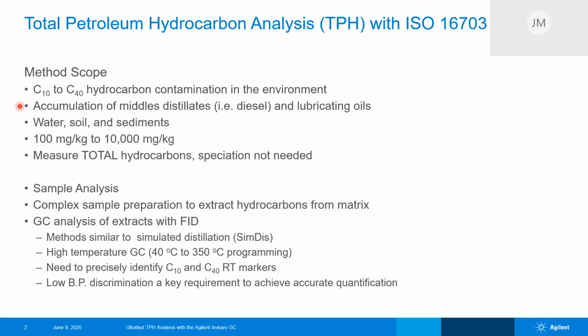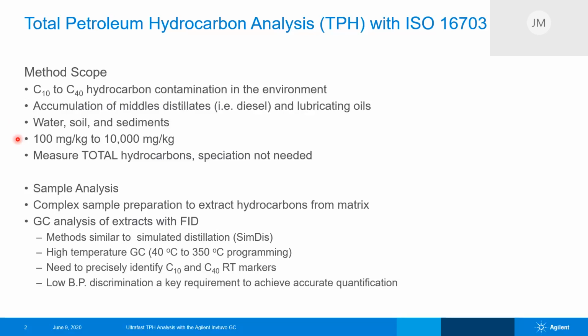Now, the contamination can exist in different types of environmental samples: water, soil, and sediment. The ISO 16703 method addresses specifically soil and sediments. There are other international and U.S. methods that do address water matrices for this analysis. The concentration range covered by the scope is between 100 milligrams per kilogram and 10,000 milligrams per kilogram in the sample itself, so in the soil or sediment, specific to ISO